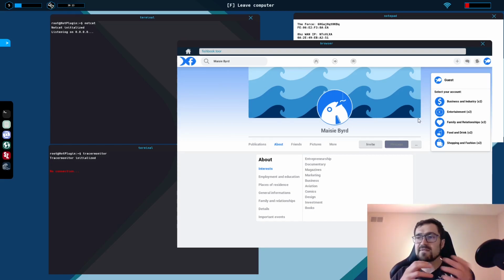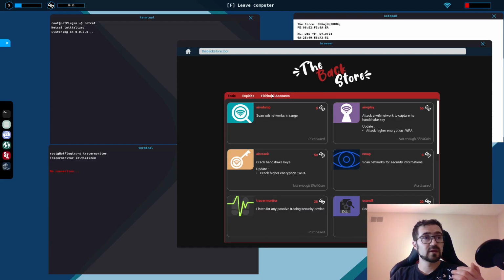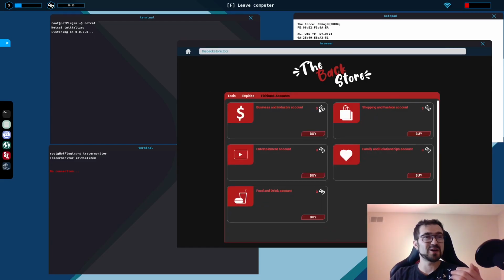And so once we have their interests, what we need to do is figure out their primary interest category, and we would buy a Fishbook account, a spoofed account, from the backstore Fishbook accounts using a little bit of shellcoin to purchase our spoofed account that we use to message the target, lure them into responding to our message with our netcat open that allows us to initiate the attack. Now, if we go back to our Fishbook,